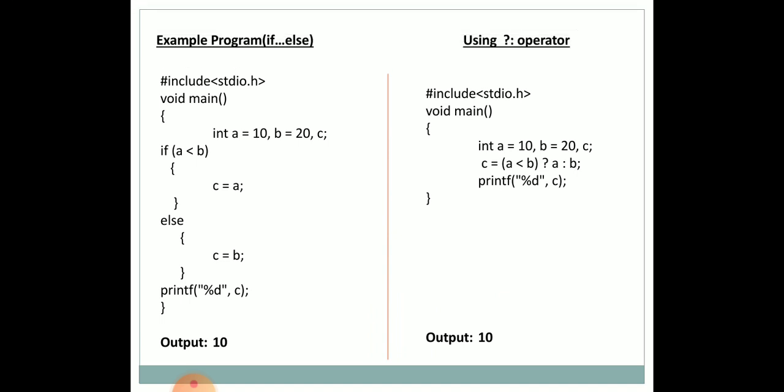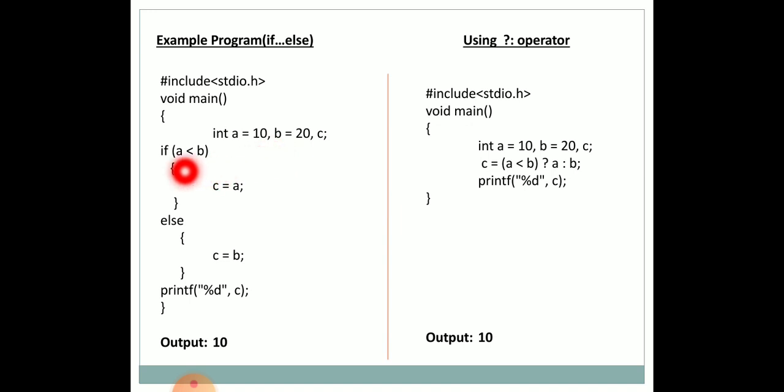See, this is not a complete program. It is just a part of program. Inside the void main, in the first statement we declare three variables a, b, c of type integer. So we specify int as the data type, and then a equal to 10. We have assigned the value 10 to the variable a, b equal to 20, and also we declare another variable c. Both a, b and c belong to the variable type integer. So it can be declared in a single statement by separating with commas.